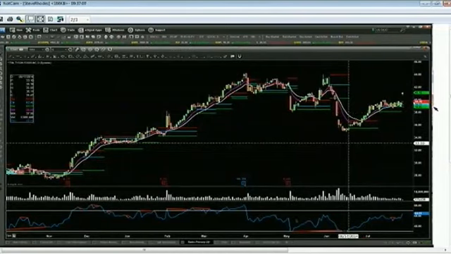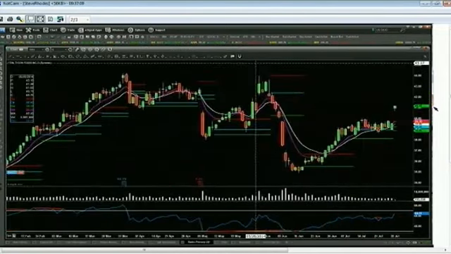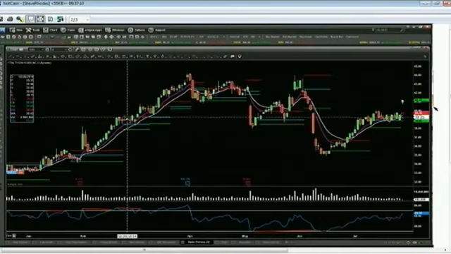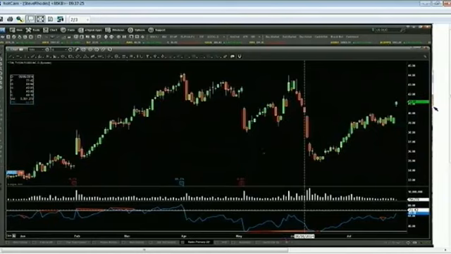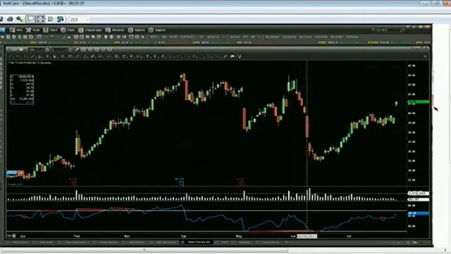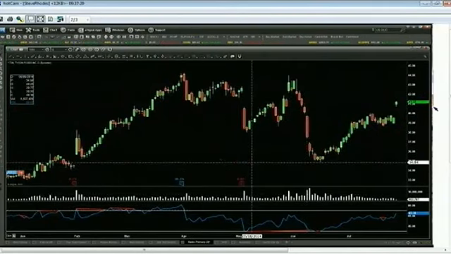This thing had recently moved down into... Let me try to squeeze this just a little bit. Technical term. Let me clean up the chart here to give you a better view. I'm going to remove some of the moving averages. We'll just get this clean. We'll leave relative strength down at the bottom and the volume bars, because what I want to show you is what Tyson Foods was doing back here as it was moving down.